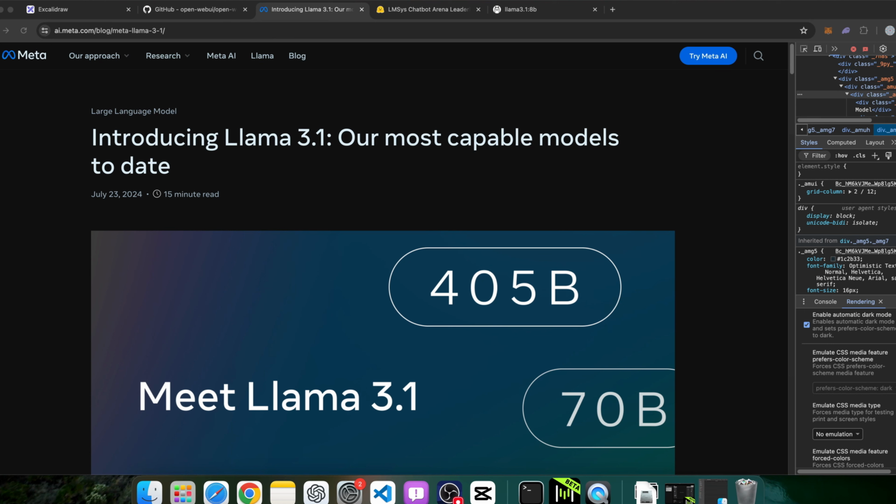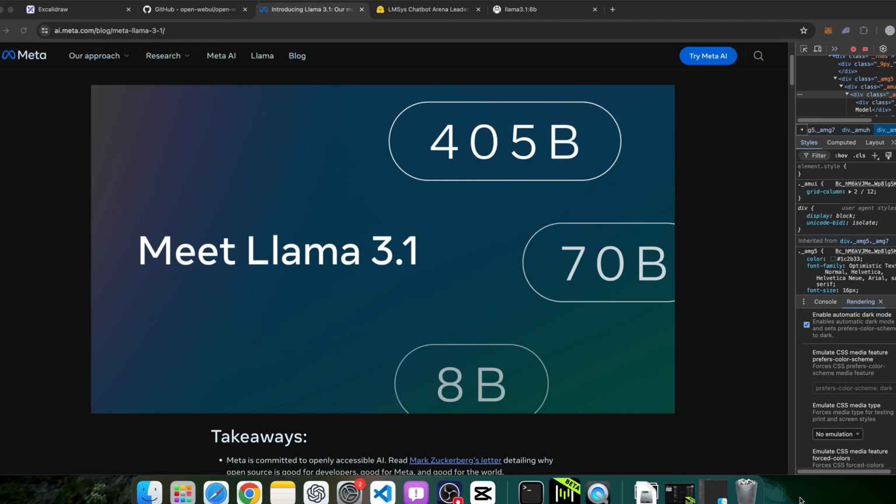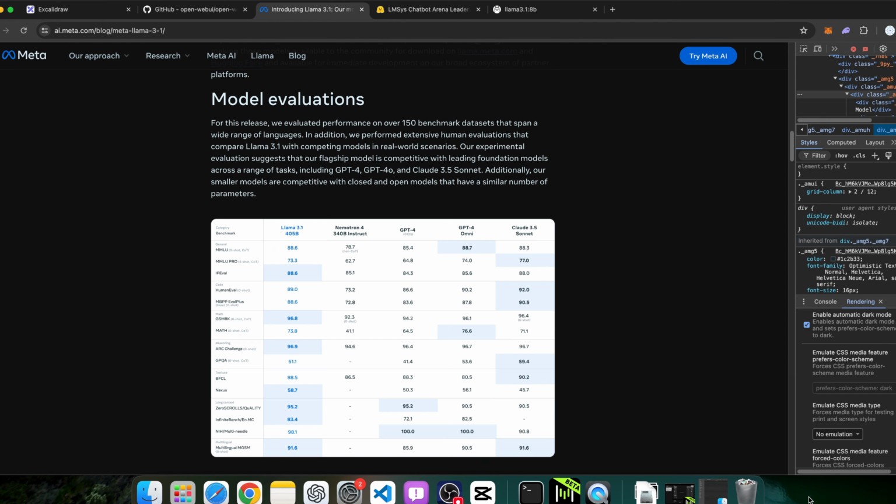On 23rd of July 2024, Meta has released its latest open source LLM, the Llama 3.1. It contains three models, the 8 billion, 70 billion, and the massive 405 billion. It could be the most powerful and intelligent model that's free for everyone to use. If you look at the comparison, it is very comparable to other closed models like GPT-4 and the Claude 3.5